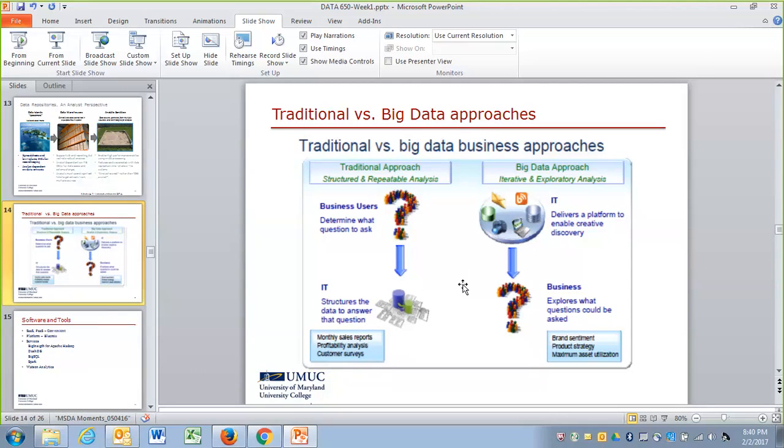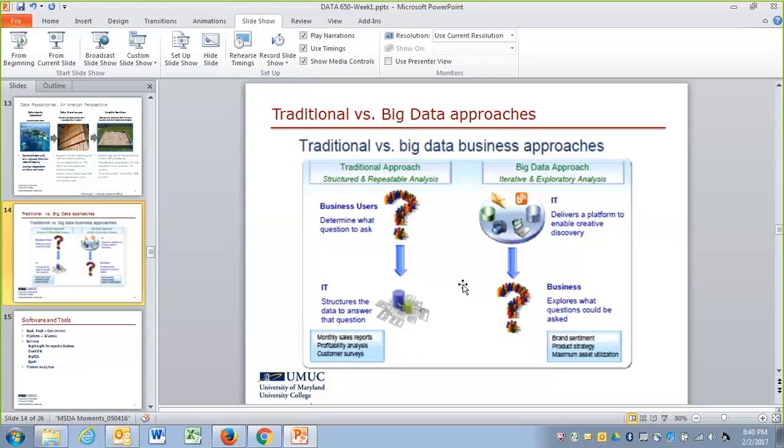And here, information technology spends time and money to deploy this for the data analyst. Well, this approach is still applicable for very descriptive analytics like running sales reports, customer surveys, or some profit analysis. That's fine. It still works.